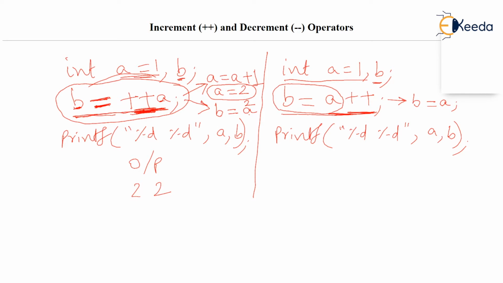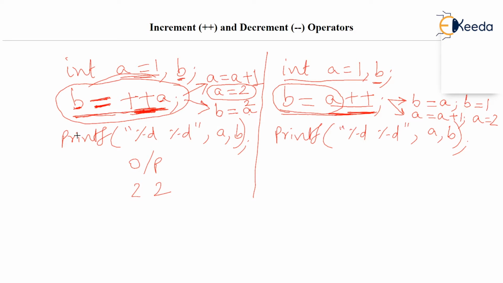But if B becomes equal to A, the value of A is still 1, isn't it? We have not played with the value of A. That means B is 1 in this code. And what's the next line? What happens after that? There is one more thing pending. We have requested that A should increase by 1, but A will get increased by 1 after. So A becomes A plus 1. The value of A, which was 1, will now become 2. And then the expression is declared to be completely evaluated.